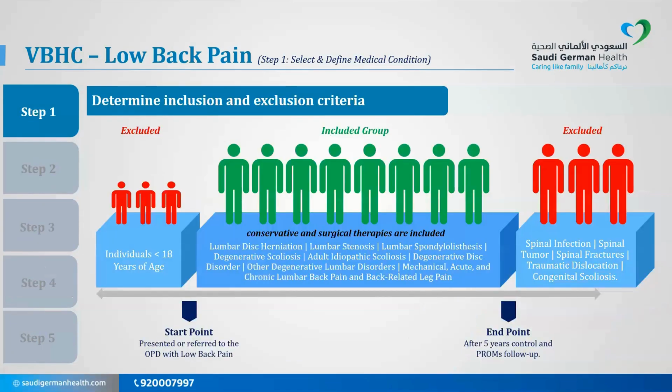During step one, after selecting our disease, which was low back pain, we started to select patients. What are the inclusion and exclusion criteria? We include all patients visiting the outpatient clinic complaining of low back pain, with exclusion of some categories. All patients less than 18 years old have been excluded because they are considered a pediatric age group, which may change the outcome. Also, we excluded other specific cases of low back pain, such as patients with spinal tumor, spinal trauma, spinal fracture, or congenital scoliosis, because they would also affect the final result of the outcome, and we concentrate on all other patients.